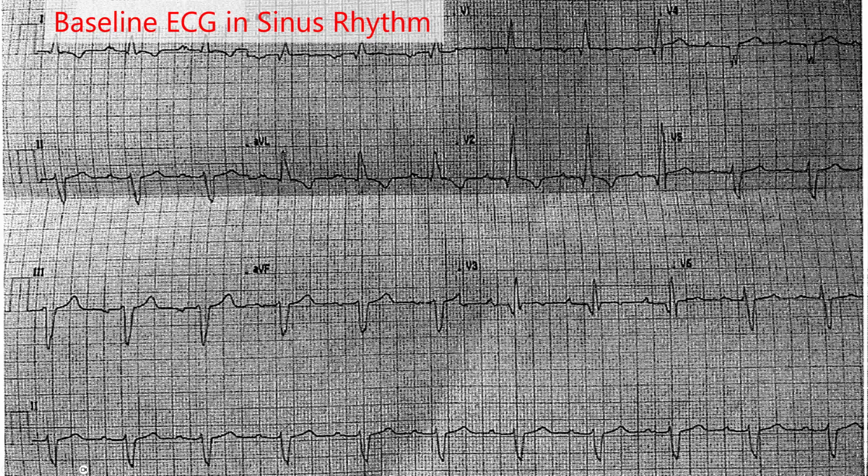But if you take a look at the inferior limb leads, you're seeing that they're negative in 2, 3, and AVF the same way that they were in the tachycardia. You see that the QRS complex is wide the same way it was in the tachycardia. So then you can ask yourself, okay, am I seeing any difference in the width, or am I seeing any more subtle variations in the QRS complex?